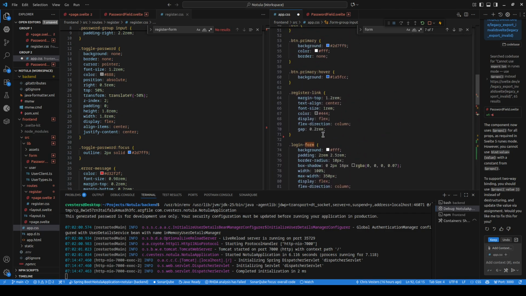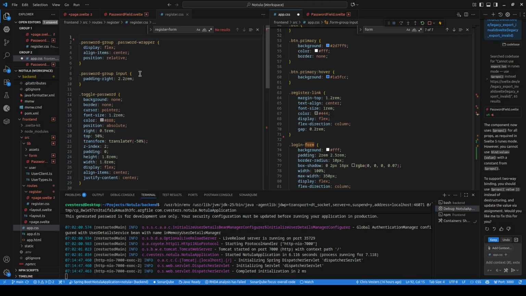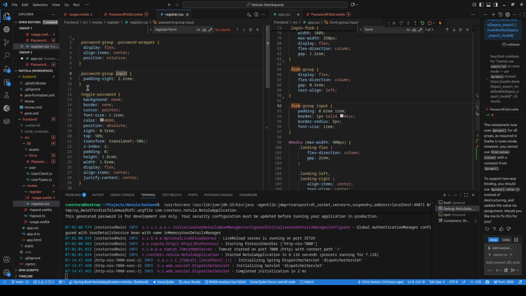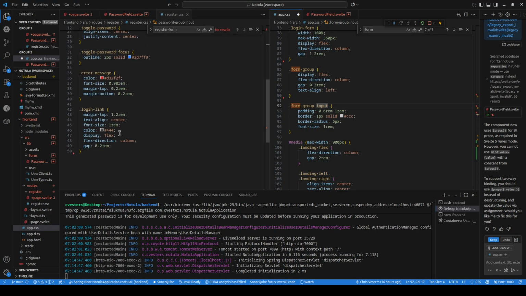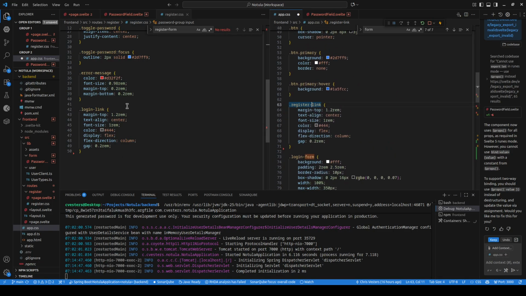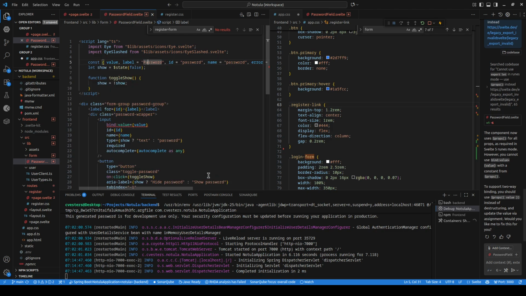Which I might want to do at some point as well, but we'll see. Login link. Login link was the last one. That was because you have the register link and then you have the login link, right? Yes, okay, so the register link, let's just say keep,